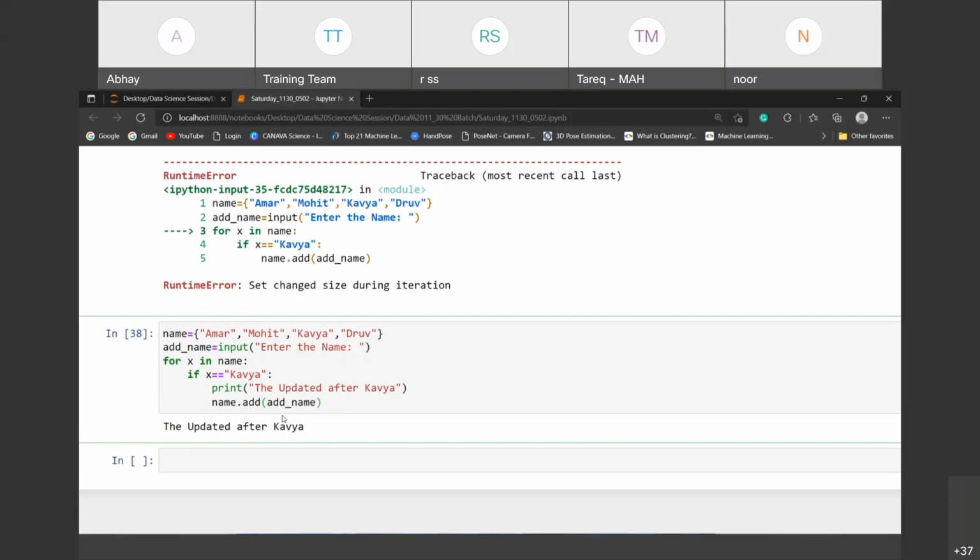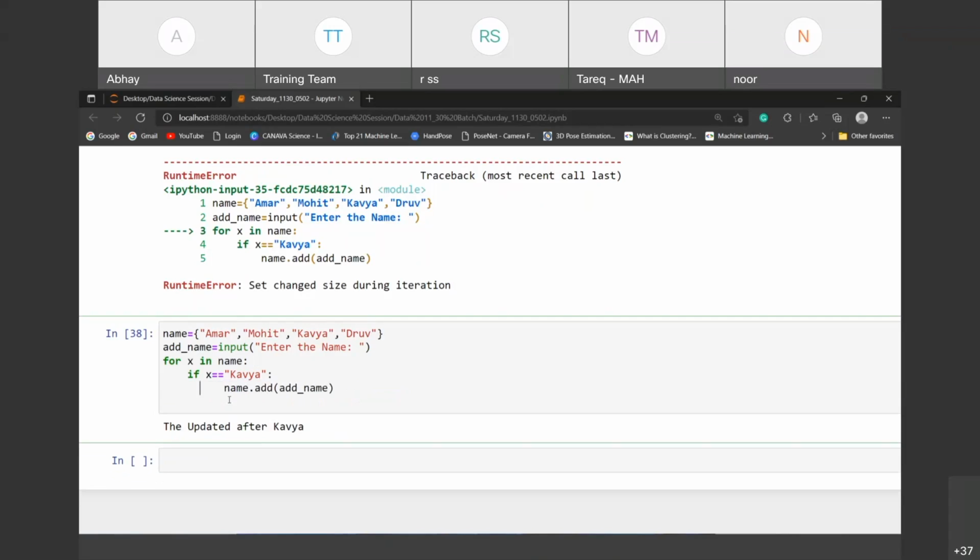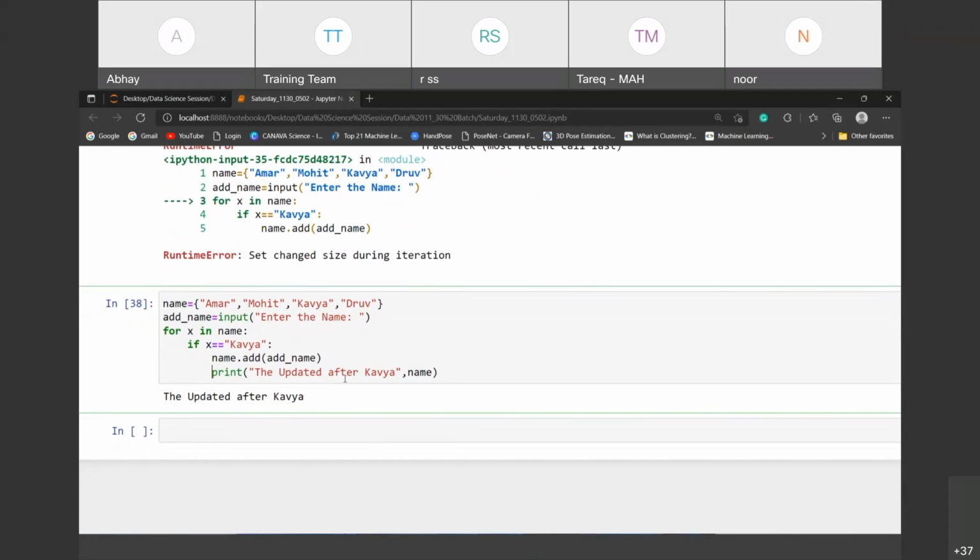Are you getting my point? Your current set is going to update, so definitely you will get a problem here. Let's check out. When it gets Kavya, it is going to add underscore name, meaning this value, to the name.